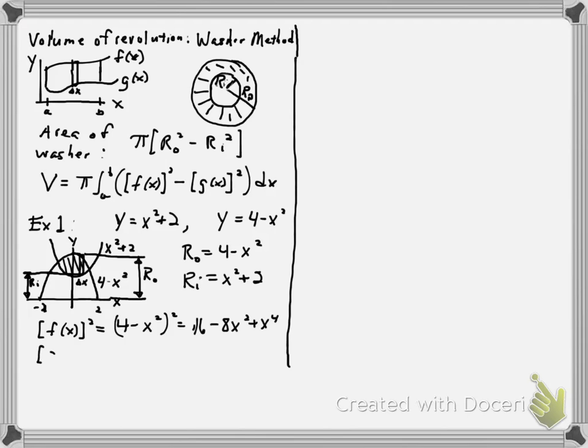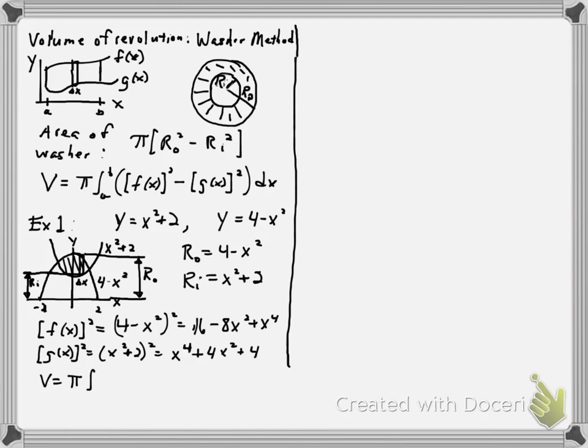And then g of x squared is x squared plus 2 quantity squared, which equals x to the fourth plus 4x squared plus 4. So now our integral becomes, we want, in this case, f of x quantity squared minus g of x quantity squared inside the integral. So our volume is pi integral from